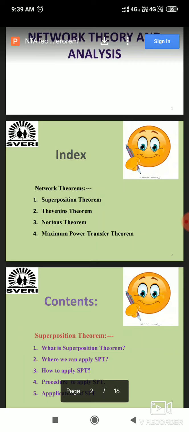We will categorize the problems into two types: one based on DC circuits and another based on AC circuits. First, once we finish a theorem, the problems based on the theorem will be DC circuit based. Like this we will complete, and after that we will go for AC analysis, that is, circuits consisting of AC sources, and how to solve such problems, we will see once we complete all the DC circuit problems.